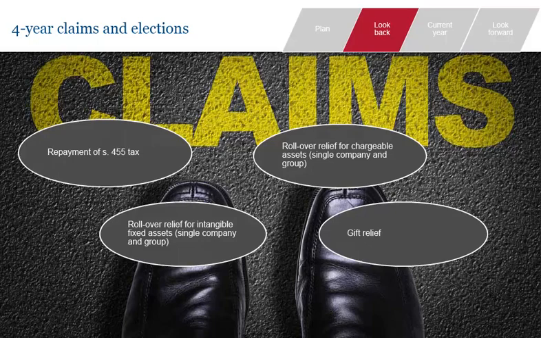The time limit for making a claim for rollover relief is in most cases 4 years from the end of the accounting period. A longer than usual period is allowed because the company has 3 years after the disposal of the asset in which to buy a replacement. You may associate gift relief with individuals, but where it is used on the incorporation of a business, the company is required to make a joint election with the